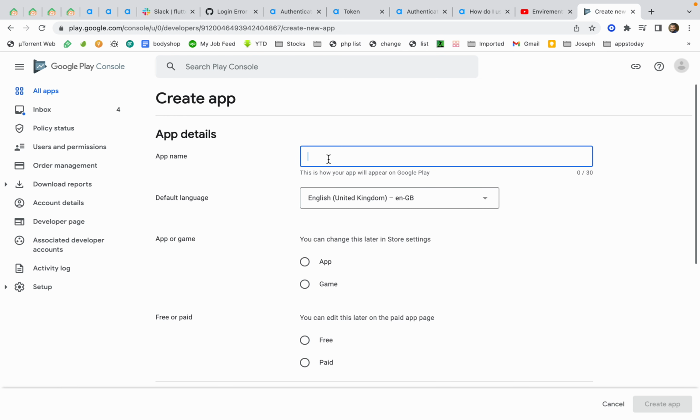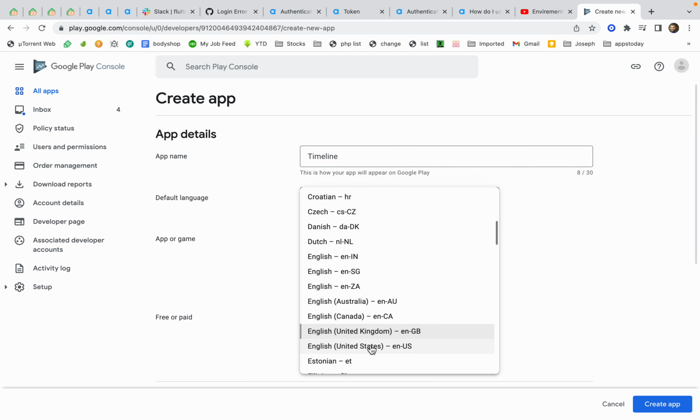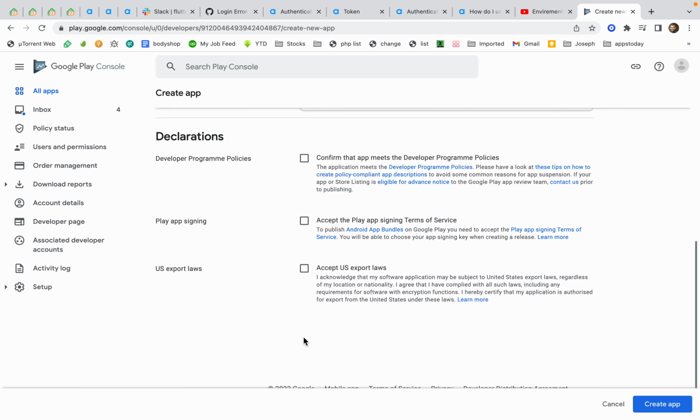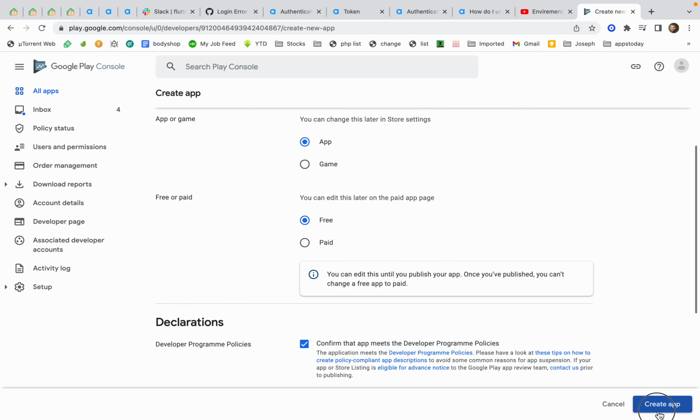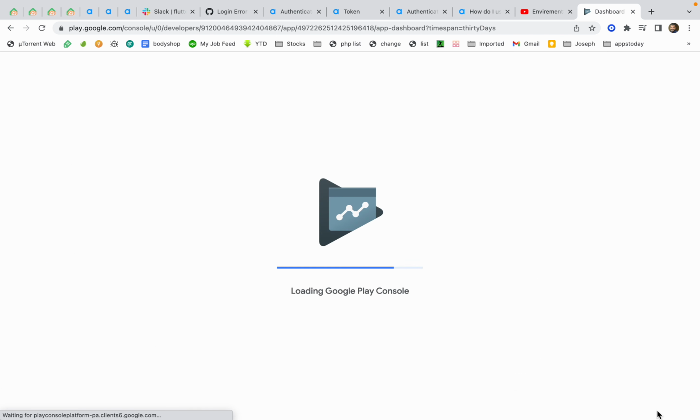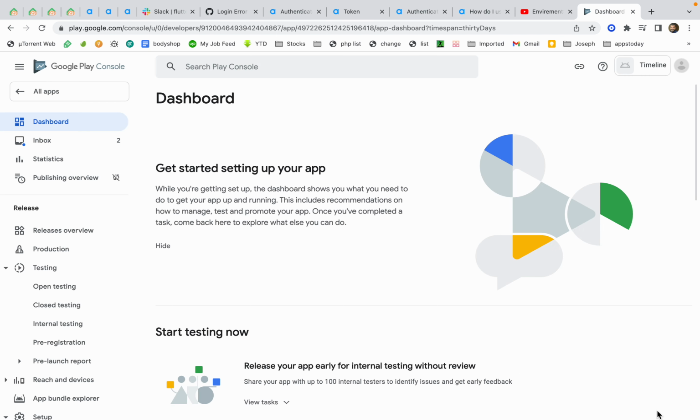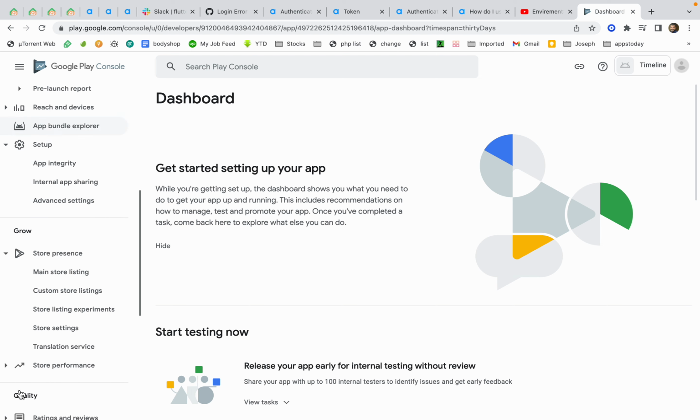For example, if I say timeline and I select the language as US, free, check all these things, and then create app. Now it will create an application. Okay, now the application is created, but it does not have a logo, it only has a name. So in order to do that,